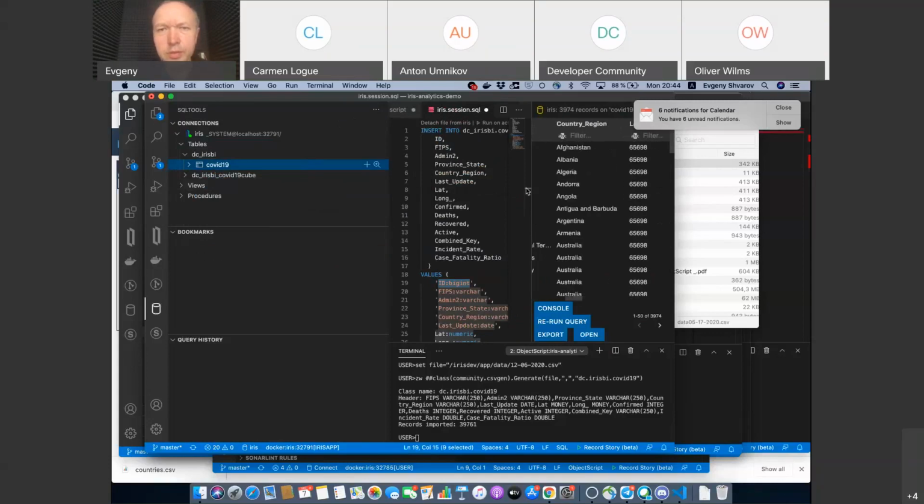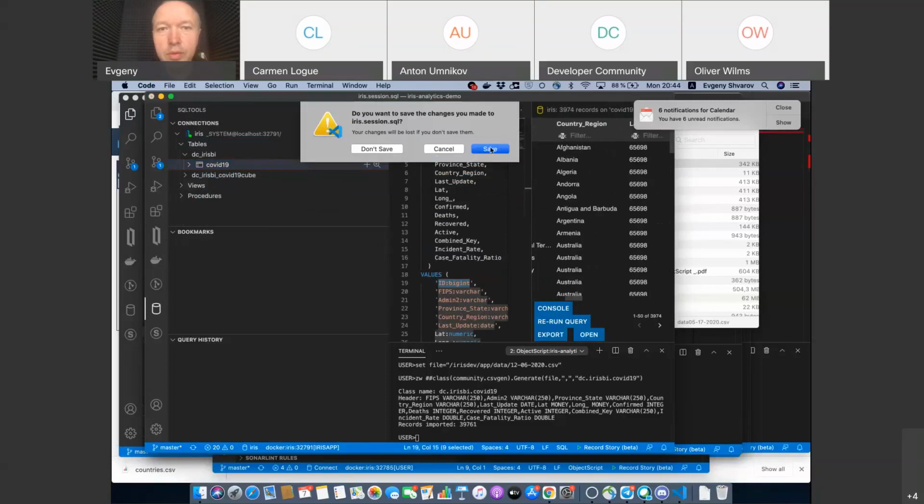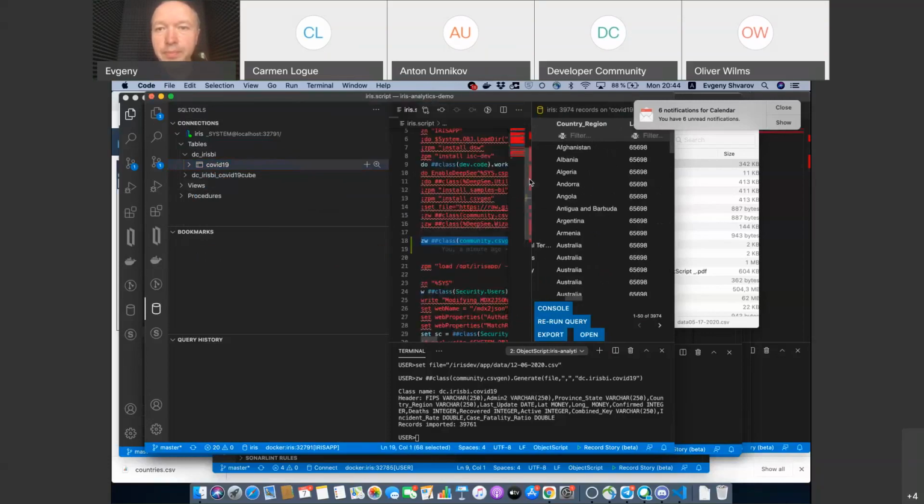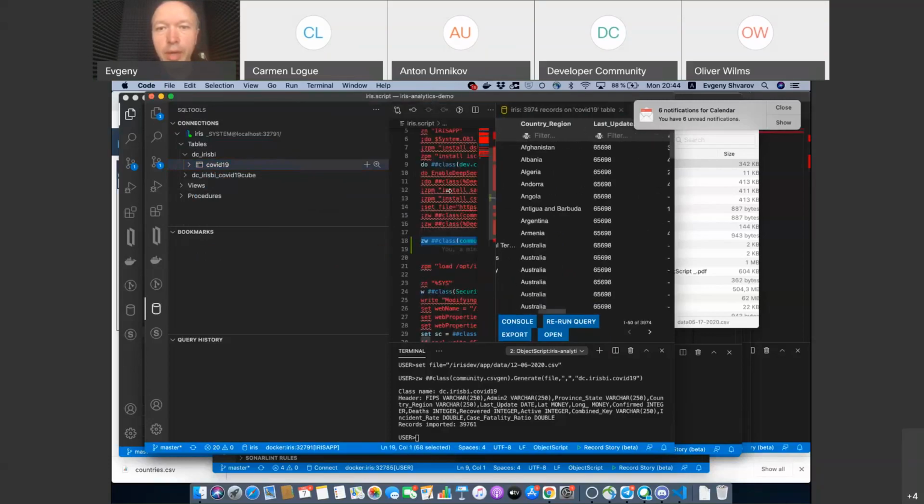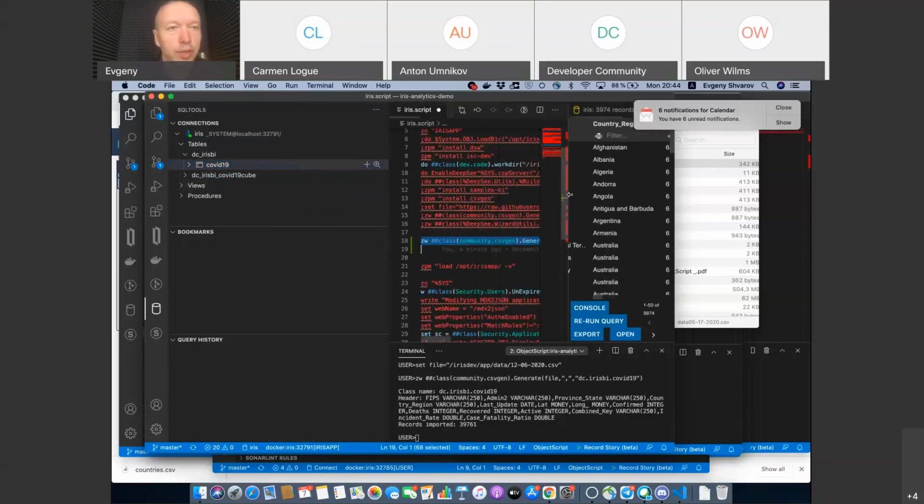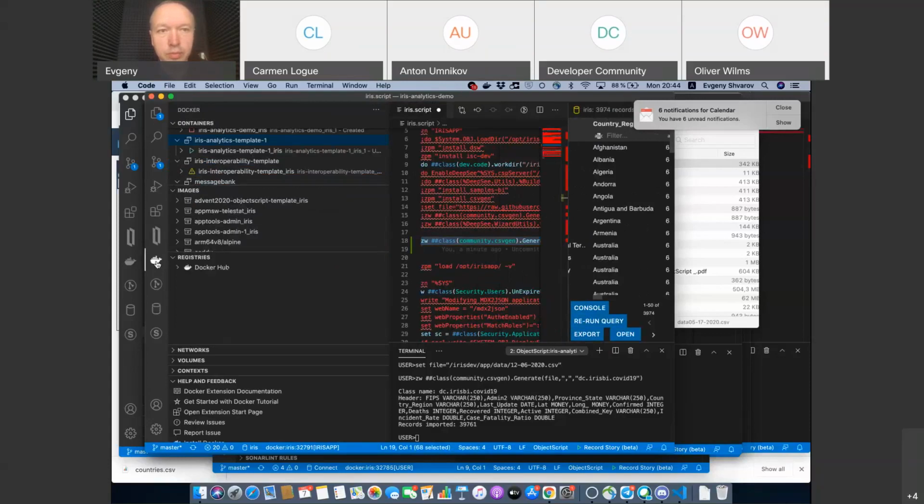Do you see it? Yes, it's a small screen, but I hope you see. The tool I use now is a VS Code SQL tool, which supports InterSystems IRIS. We have data inside with these two lines, and next I need to build a cube, and here I will use